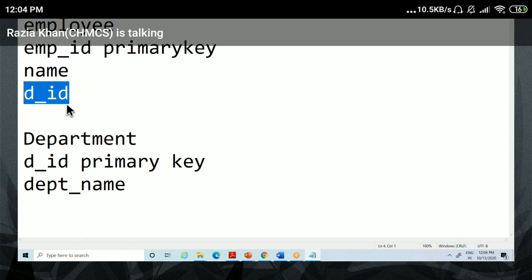Can you tell me the syntax, how you can apply a foreign key on this ID? Everyone check, this department ID will refer to this department ID, because I want to link these two tables, employee and department. Can you tell me the syntax? Write down the syntax in chat.